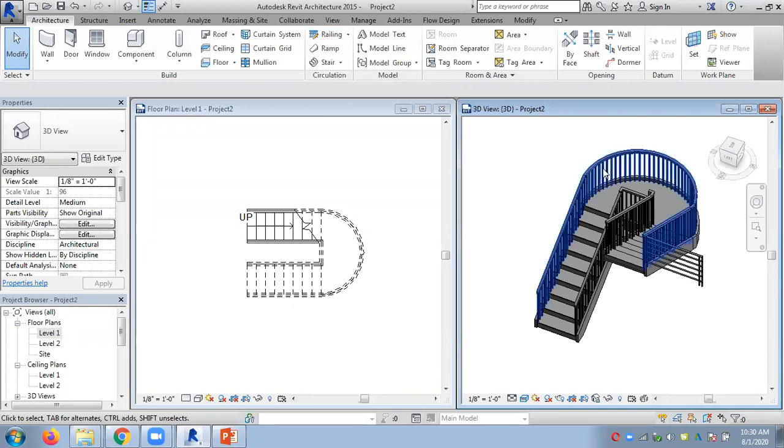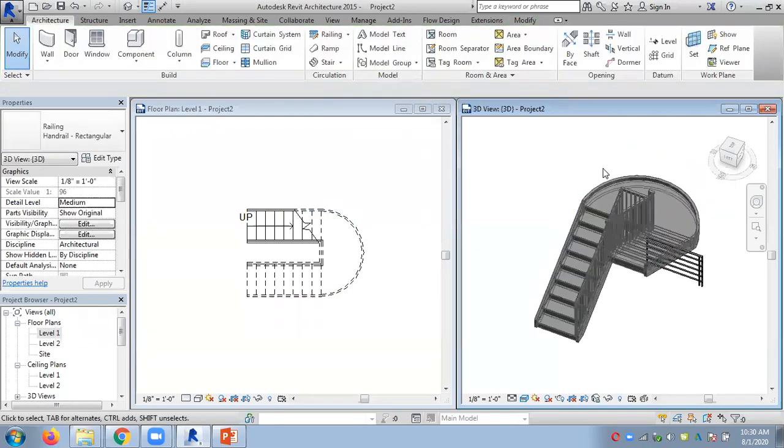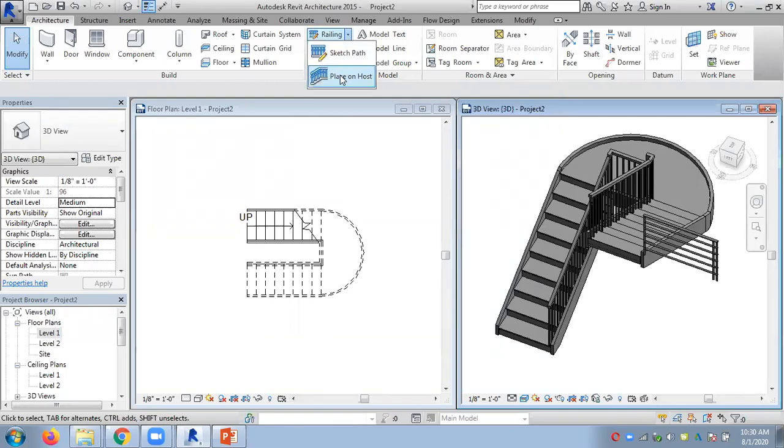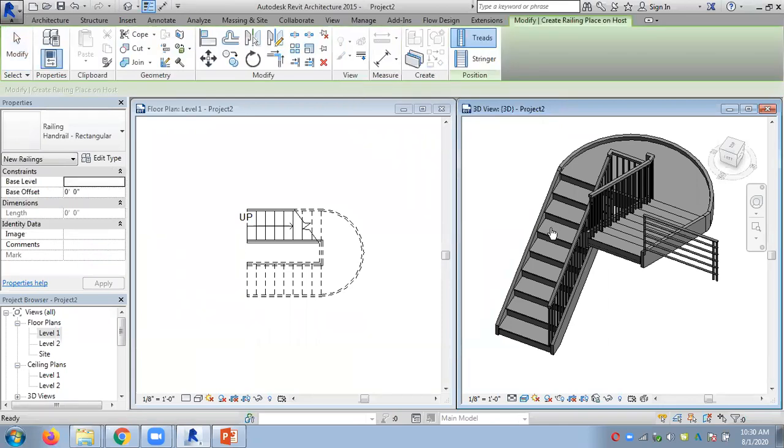So if you just come here and delete this, now the railing is no longer available. So if you want to put it back, there's a tool called place on host. So you can come here and click on this host, but it's not appearing. Why? We have a railing already drawn.